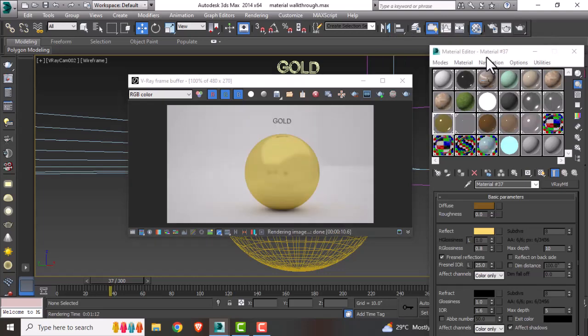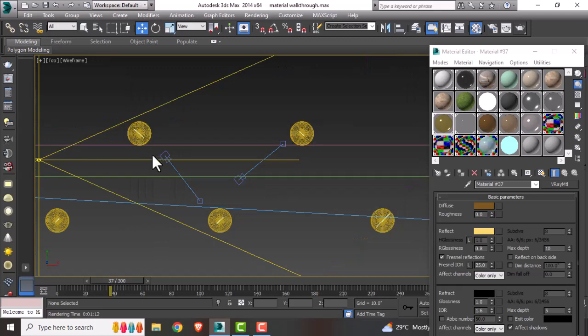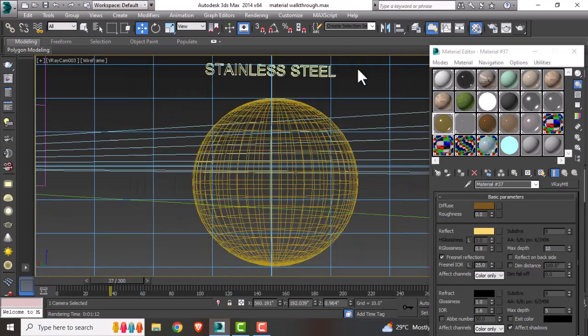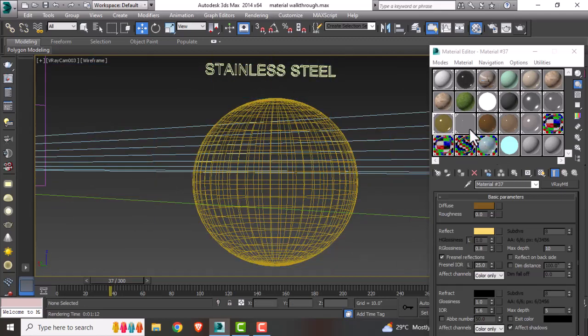We have the final gold result. You can use this gold method, this gold material in your project. Let's move to the next. Next is stainless steel. For the stainless steel,